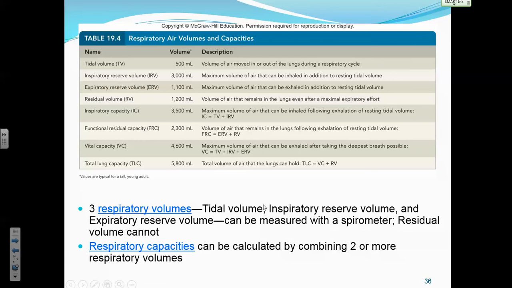People who have diseases that affect the lungs, it affects some of these volumes or capacities, like emphysema, asthma, all of that affects this. Your book gives a good bit of time or pages to the more details with this. I'm not going to test you on many details on this, just what's on the page before. Make sure you can define each of those.